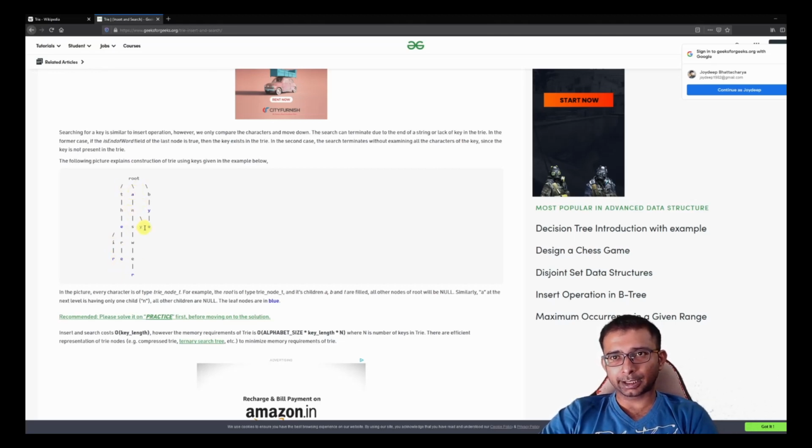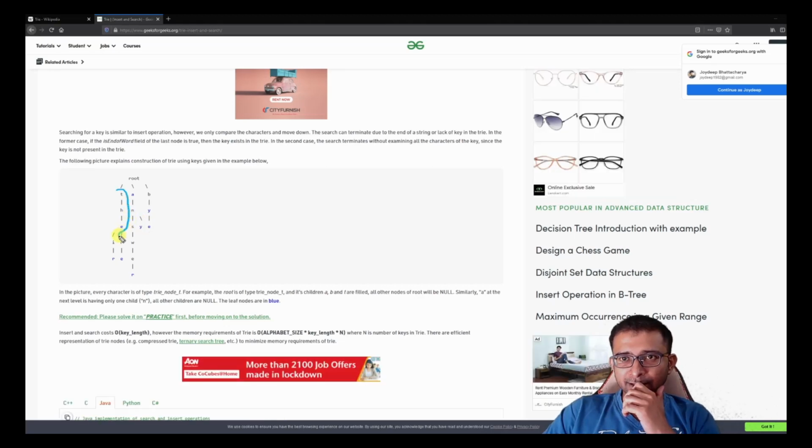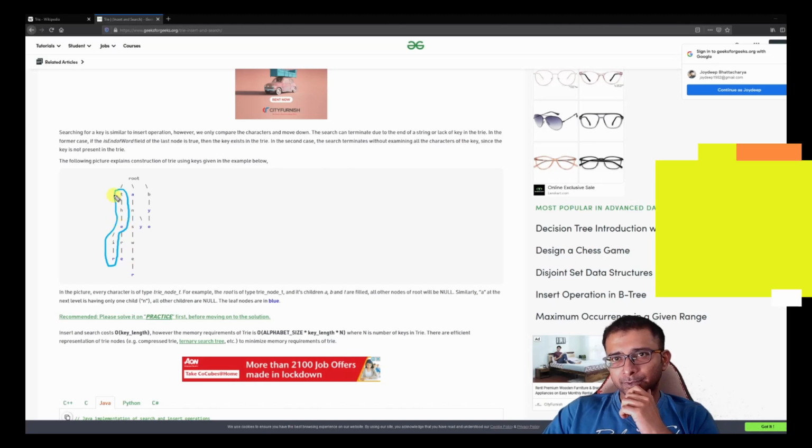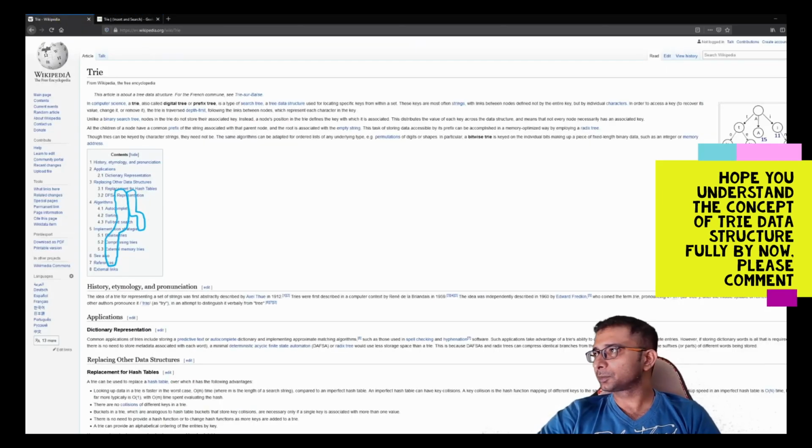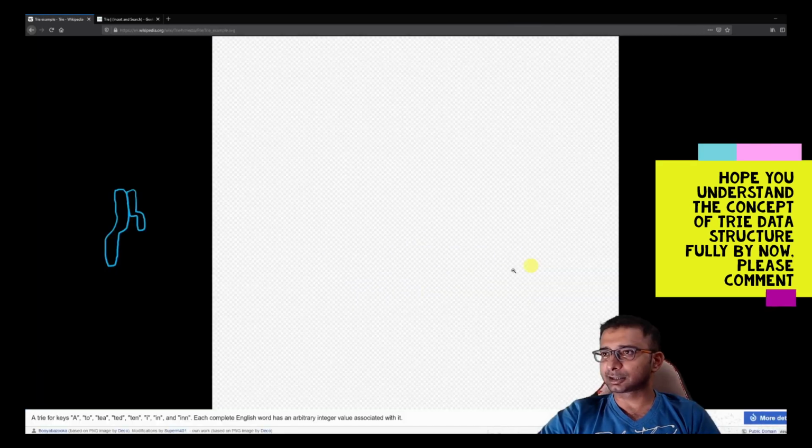And there is a word ANY over here as well. So this is the word THERE, right? And for ANY also you can see that the node is being segregated over here, right? So this is how a trie looks, right? And similarly, you can also check on Wikipedia and things like that, that this is your trie.